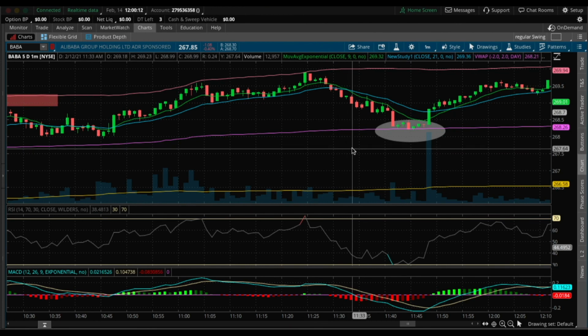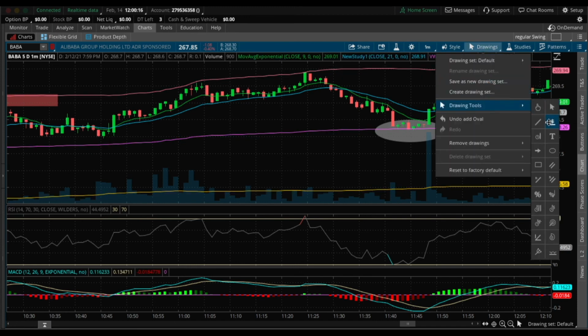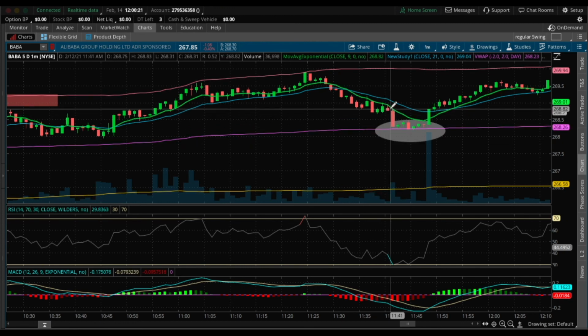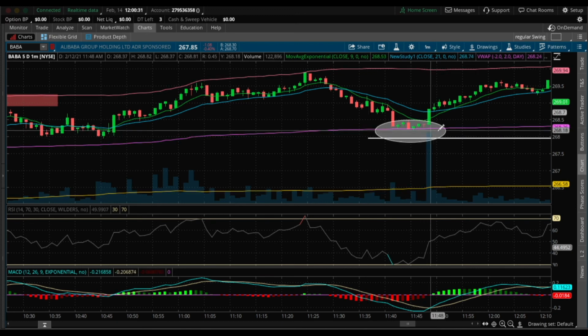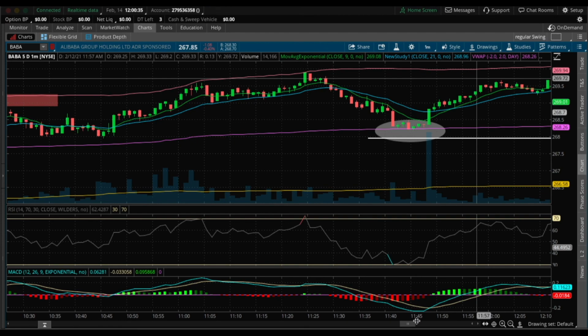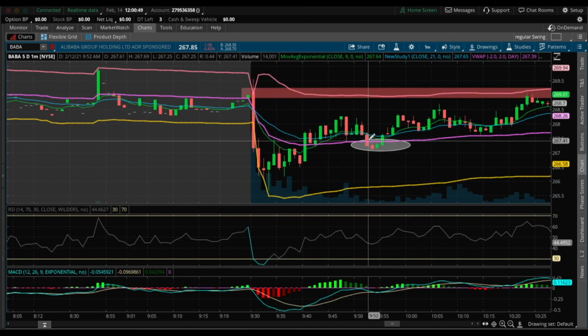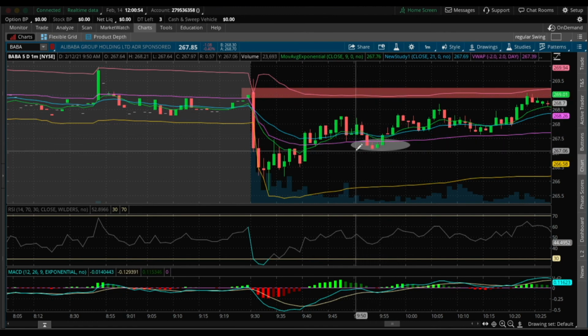And for stop losses, you want to keep your stop loss underneath the VWAP if you're playing it for a bounce. So if BABA doesn't bounce and it falls underneath VWAP, as I said before, this is a bearish sign, so you want to get out of your position. So I would keep my stop loss a little bit under VWAP because you don't want to get stopped out and it to reverse. As you can see back here, right here, it fell just under VWAP and then reversed. You don't want that to happen to you, so you want to keep your stop loss a little bit under